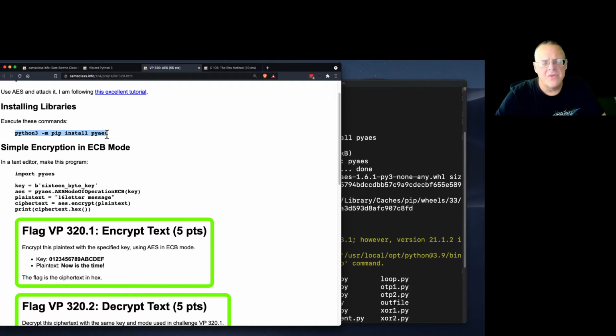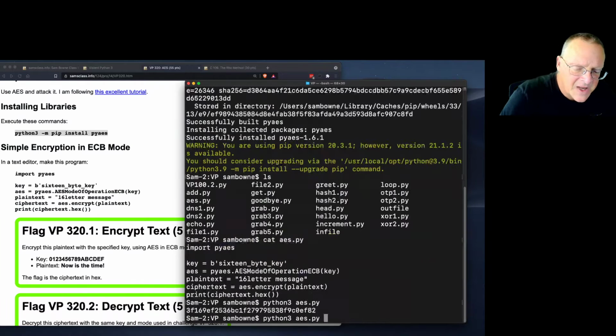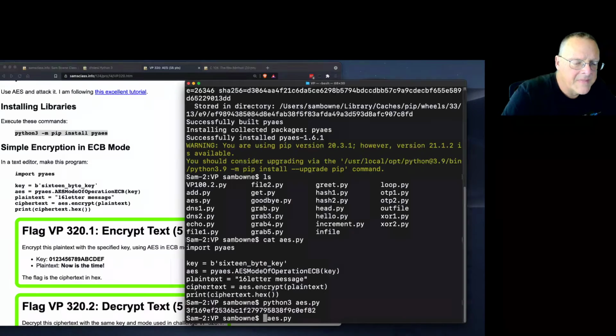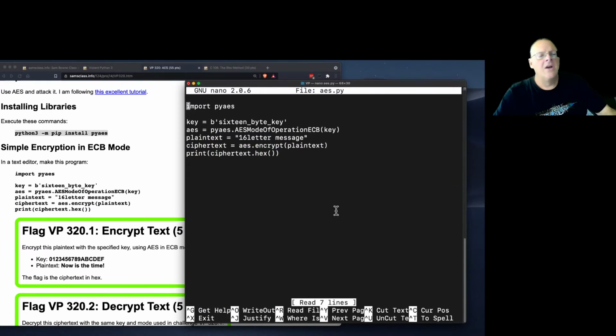PyCryptoDome, I think, is a bigger, more general library, more recommended these days, but this one still works, so it's good enough. And so if I look at aes.py, all right, so the key has to be 16 bytes long, and the plain text is also 16 bytes long in this case. If it's longer, then you have to pad it to make a multiple